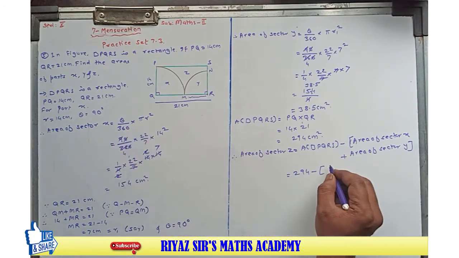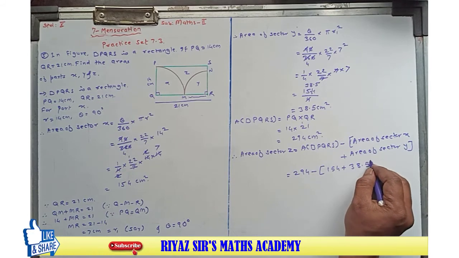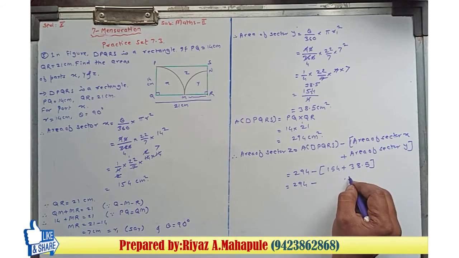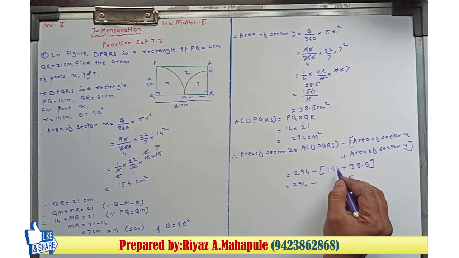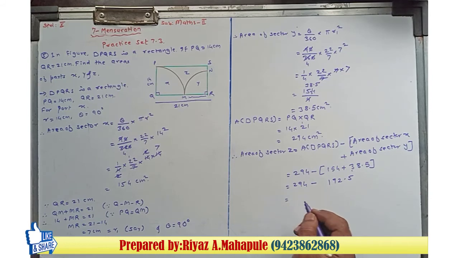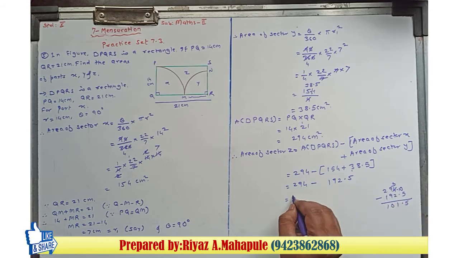now area of sector X it is 154 plus area of sector Y that is 38.5, okay, that is equal to 294 minus, अब ये दोनों का एडिशन है तो 0.5 का 0.5 as it is। अब ये 8 के अंदर 4 को ऐड करेंगे, 4 plus 8 12, 12 का 2 कैरी 1, 5 plus 3 8 plus 1 9, it is 192.5, okay, now 294.0 उसमें से 192.5 को क्या करना है, माइनस करना है। तो यहाँ से बोरो लेंगे, इधर बचेगा 3, इधर हो जाएगा 10, 10 minus 5 5, decimal point as it is, 3 minus 2 1, 9 minus 9 0, 2 minus 1 1, answer is 101.5 centimeter square.